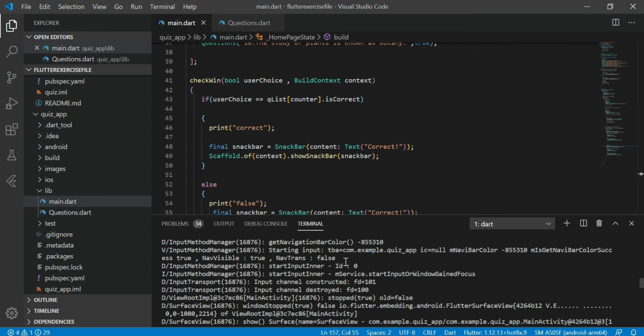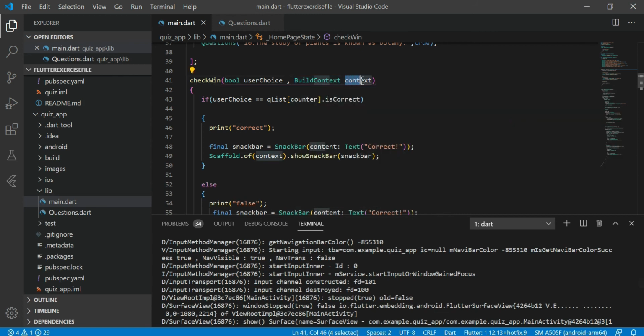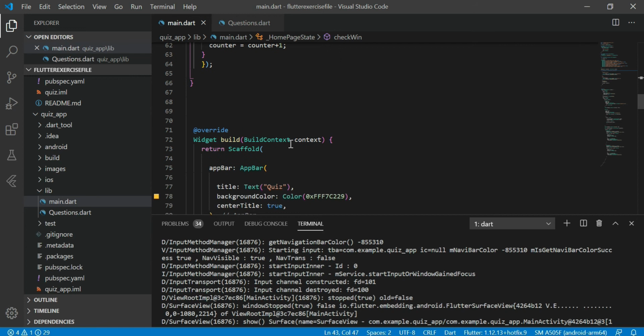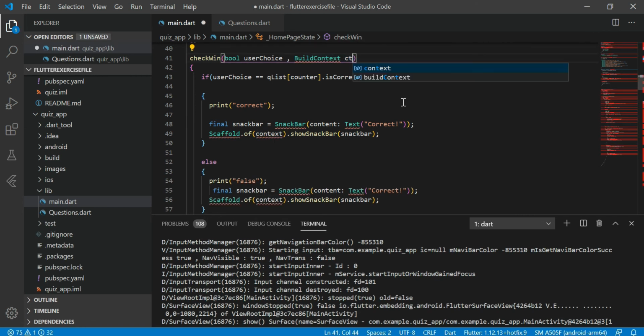This error occurs because we are using a different context. Look at this. We are using a different context outside of the build method. It means this context is different from this context. For your better understanding, I am going to rename the above context to ctx.